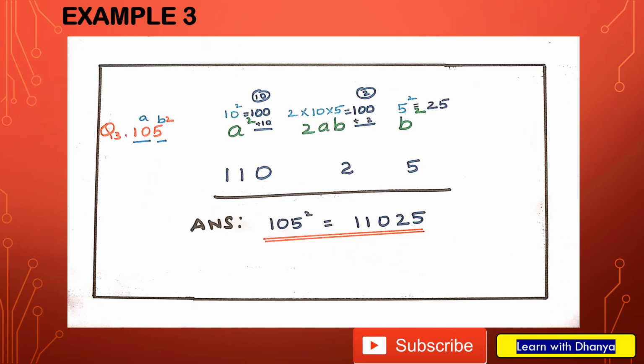Here the next example is to find 105 square. This technique can even be extended to 3 digits in a few cases. Here I have taken a equal to 10 and b equal to 5. Since remembering multiples of 10 is easy, this technique can even be applicable here. And next, proceed in a similar manner. Here a is 10 and b is 5. Similarly, the format a square, 2ab and b square. So a square is 10 square, that is 100, and 2ab is nothing but 2 into 10 into 5, that is 100 again, and b square is 5 square, that is 25.